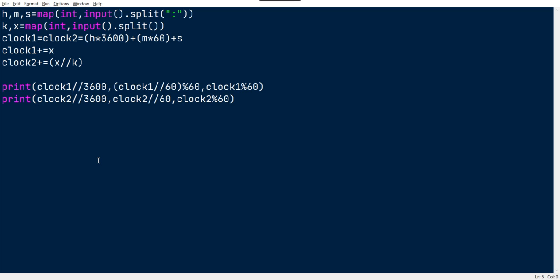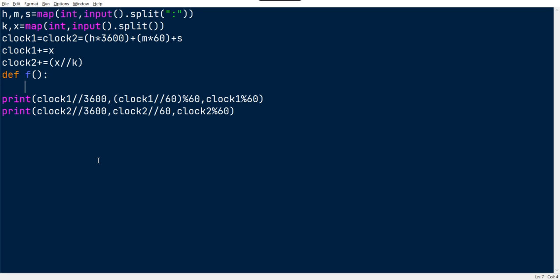So I'm defining a function here, def formatter, but here I'm just putting the name of formatter as f to reduce the typing space.